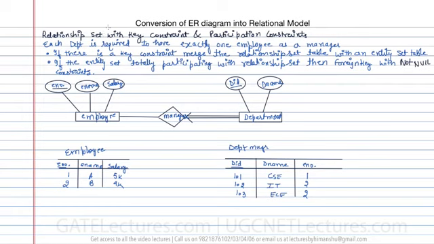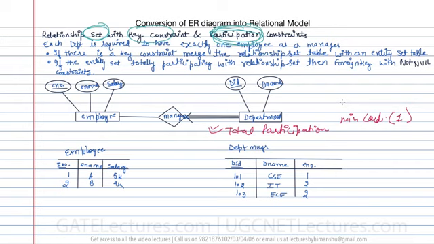If we have a relationship set with a key constraint and the participation constraint, the only thing which is differentiating here is the participation constraint. That means here you can see in the diagram that department is having total participation. When do we have a total participation? When the minimum cardinality for a relation is greater than 0, or it is 1. We have already seen this in the previous video. If you face any problem with the terminologies in this video, you can go through the previous videos, and they will really help you out.